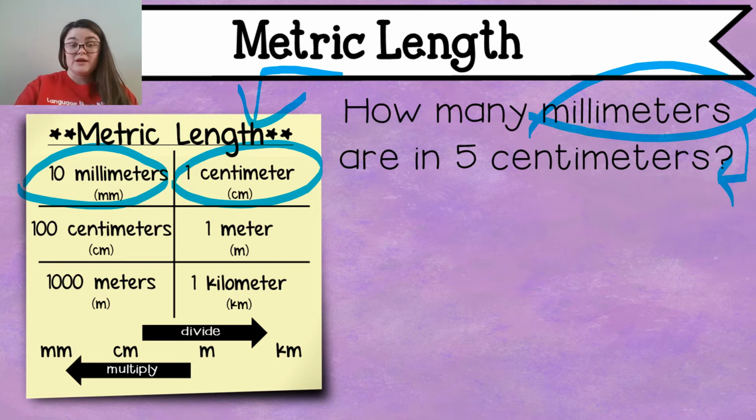And if I'm trying to figure out how many millimeters will be in 5 centimeters, then I am going to count by fives. I would count 10 5 times. So let's do that together. 10, 20, 30, 40, 50. So I would have 50